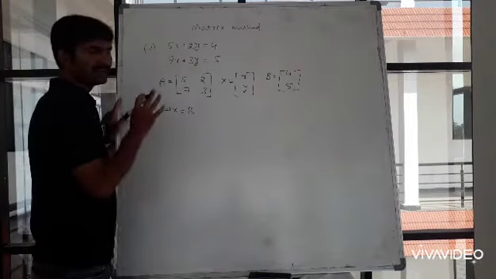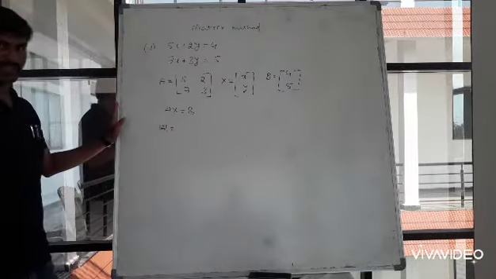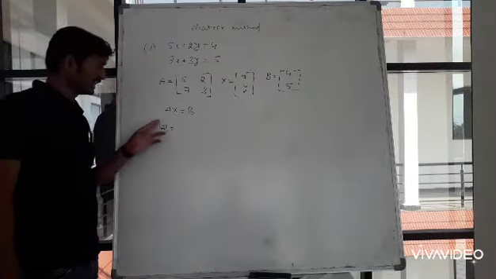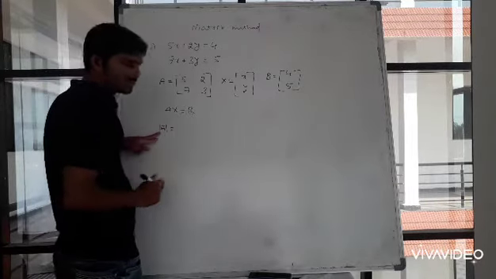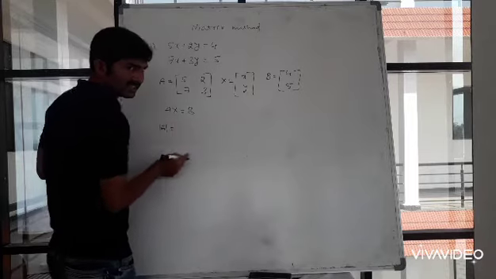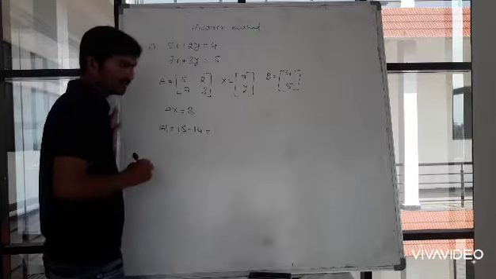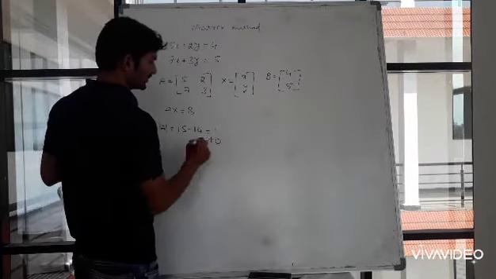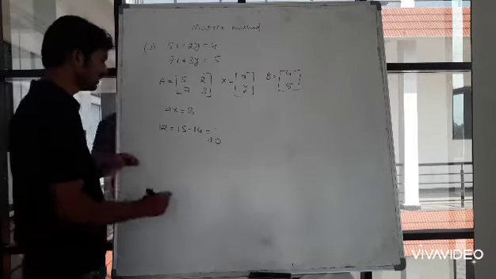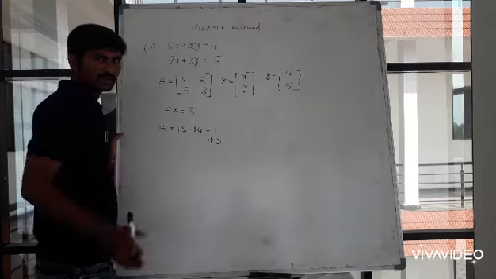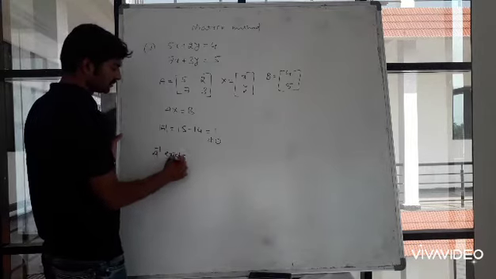Now, first of all, we need to find the determinant of A, to see whether A is singular or non-singular. If it is non-singular, then the inverse exists. The determinant of a 2 cross 2 matrix is very simple to calculate. 5 3s are 15, 7 2s are 14, so 15 minus 14 is equal to 1, which is not equal to 0. If the determinant is not equal to 0, then A is non-singular. So we write here: A inverse exists.